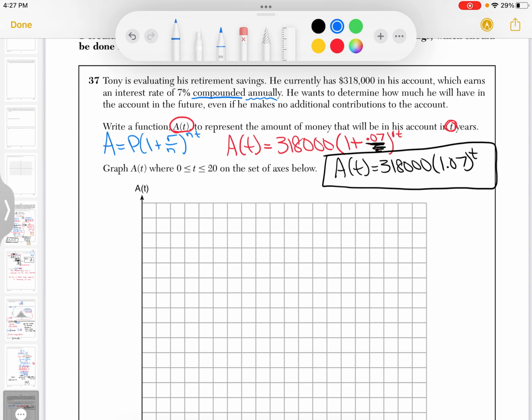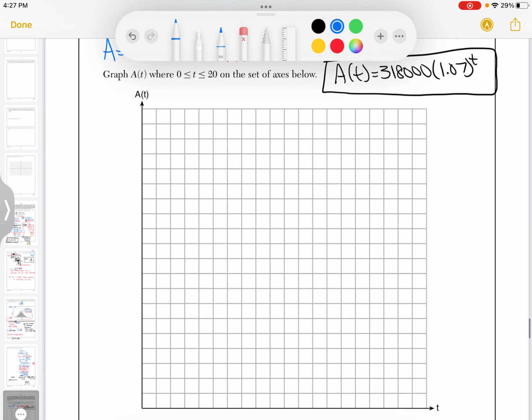All right, now here's where the fun really comes in. It says graph a of t where 0 is less than or equal to t is less than or equal to 20 on the set of axes below. There's a lot involved in this, but a graphing question is just a matter of plugging it into your calculator. Now, since I have to graph it from 0 to 20, that means I have 0, 1, 2,